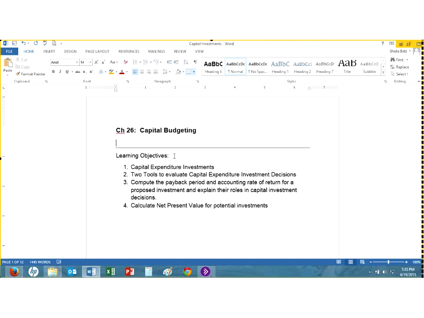I had a student in my office last week, and he said, you know, I think what makes Accounting 212 more challenging for him was that he said for 211, you had an end goal. You knew everything was going to impact the financial statements. But with 212, because it's all about decision making, you're looking at so many different tools a company can use. And he's like, just when I feel like I'm getting the grasp of one tool, we're moving on to the next. And that's probably a good analysis of what 212 is all about, because it's all about looking at managerial decisions and what information can be used to help in decision making.